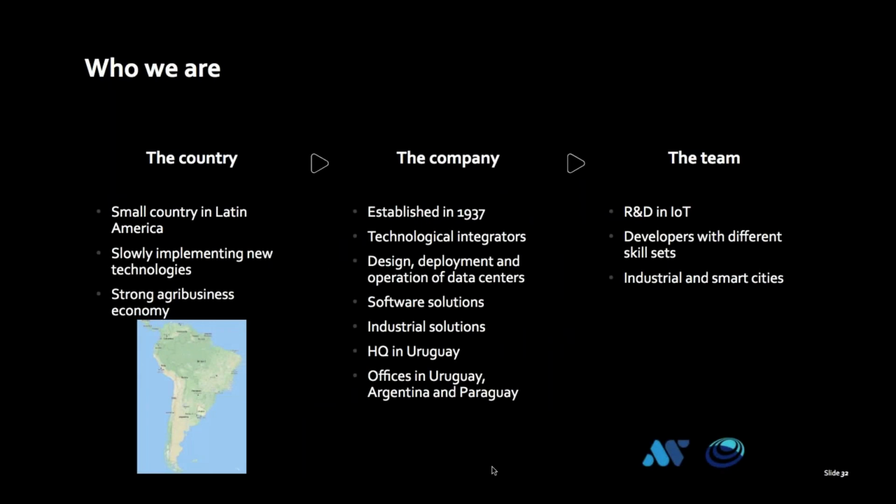Next one, please. So first, a little introduction about ourselves. We as a country are a small country in Latin America that is slowly implementing new technologies. And a little fact, it has a strong agribusiness economy. We as a company were established in 1937. We like to call ourselves technological integrators,